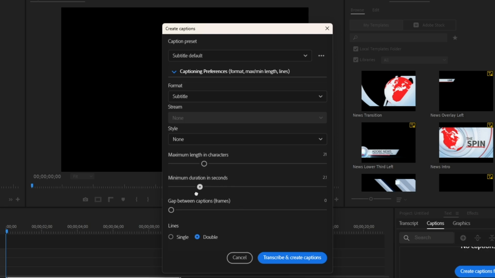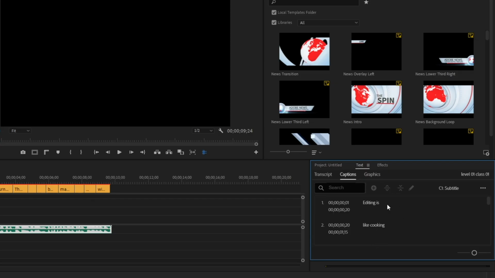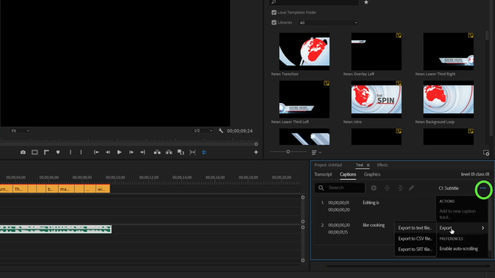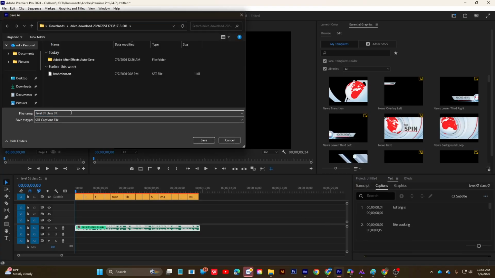second and click on single line, then transcript caption. When create caption you see this option, three dot line, tap on here, click export. After then you press export SRT file, enter,